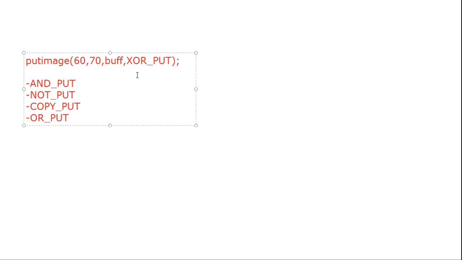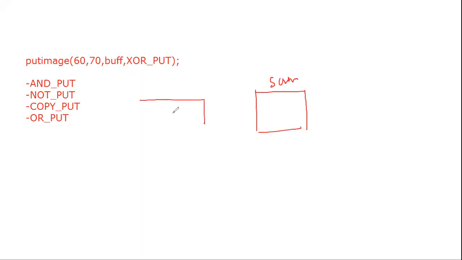So how will it work basically? You have a screen and you have a memory. So at this location 60, 70.